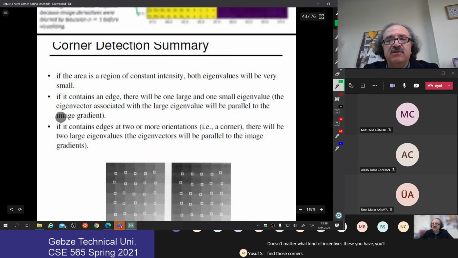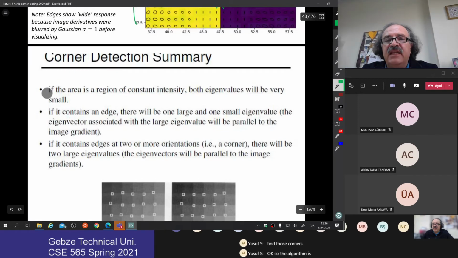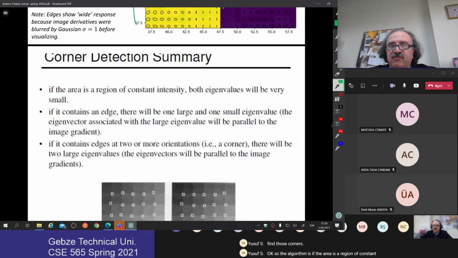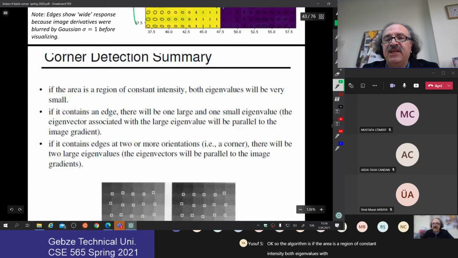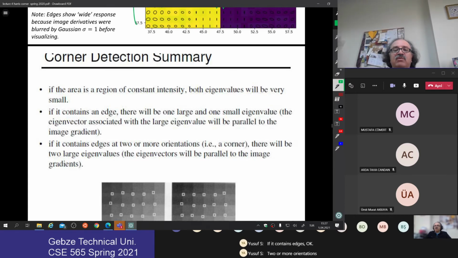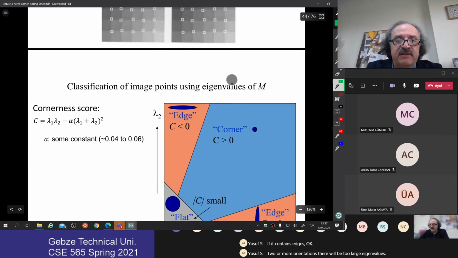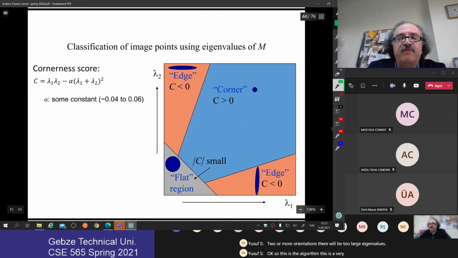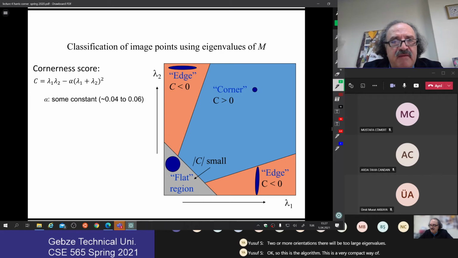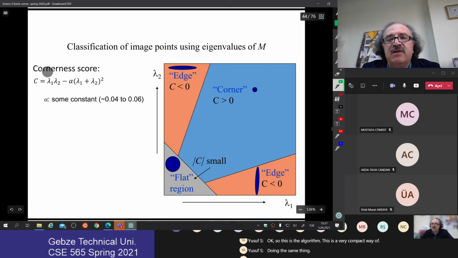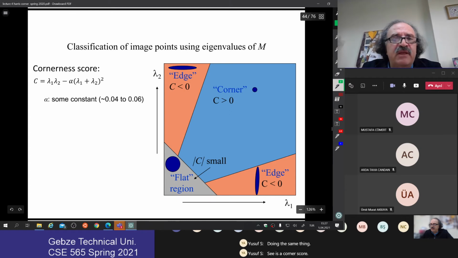So the algorithm is, if the area is a region of constant intensity, both eigenvalues will be small. If it's an edge, there will be one large, one small eigenvalue. If it contains edges with 2 or more orientations, there will be 2 large eigenvalues. So this is the algorithm. This is a very compact way of doing the same thing. C is a corner score. Let's look at this one. If both of them are large,